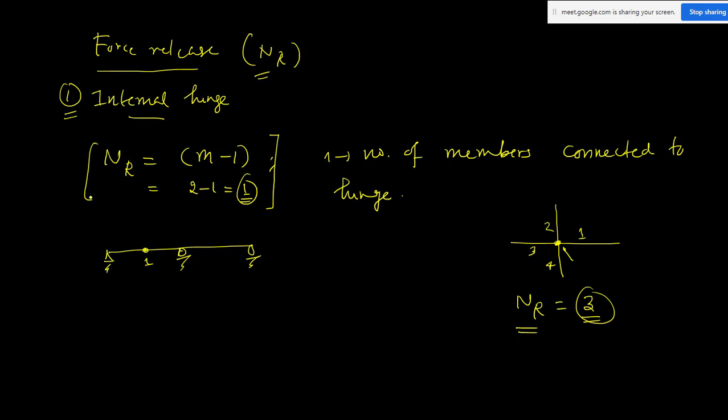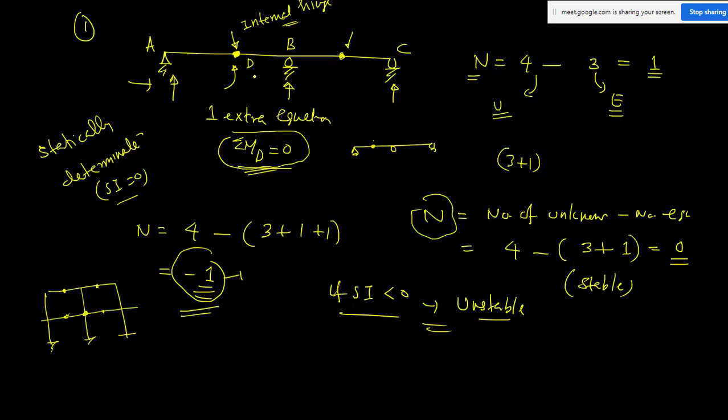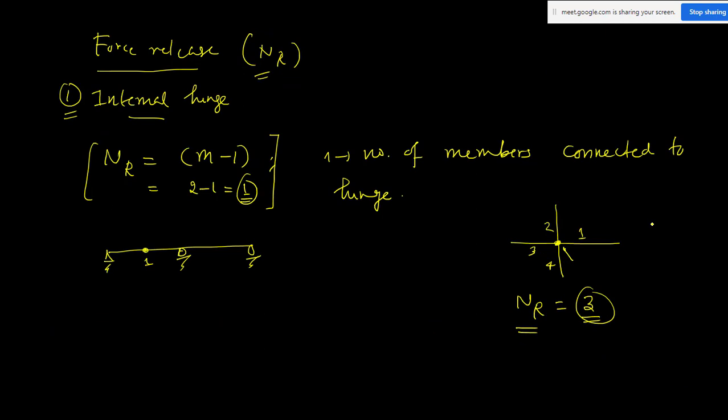What I'm trying to explain, I'm not focusing on simple examples. A simple problem is like this: we have a simple continuous beam, like this, fixed and so on. These are all simple problems, there is no difficulty. Here I have three unknowns, here one unknown, three unknowns. Total 7 minus 3, static indeterminacy is 4. Nobody will ask this kind of question. These are all basic, we just apply these equations. I just want to discuss some difficult questions, so that you can solve difficult questions as well as easy questions.